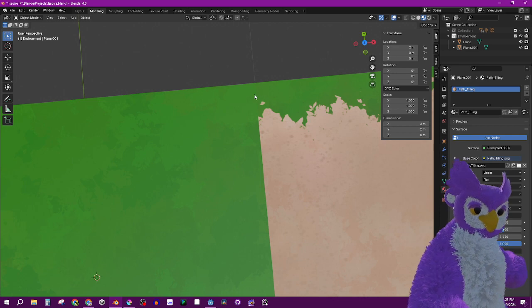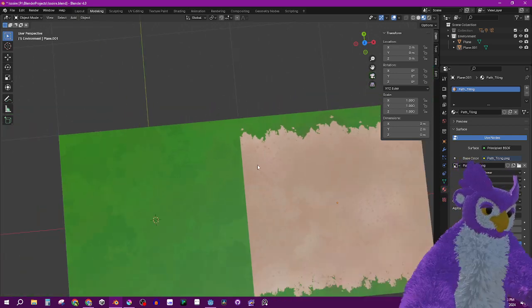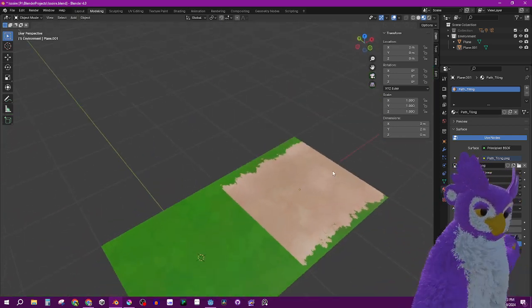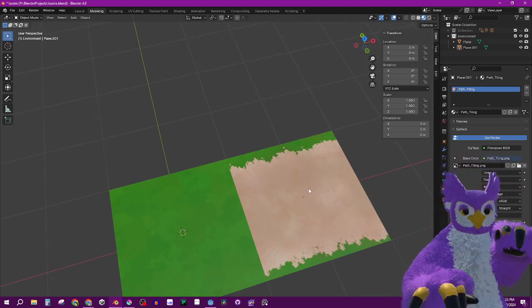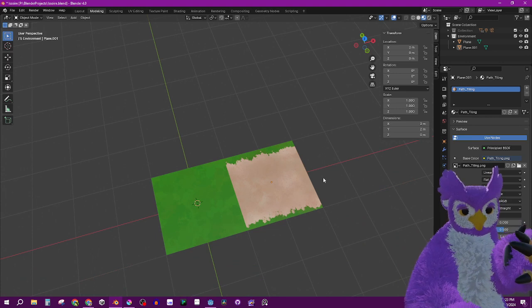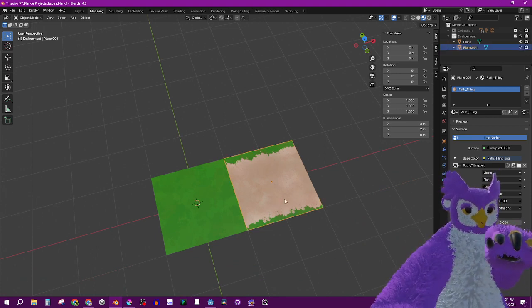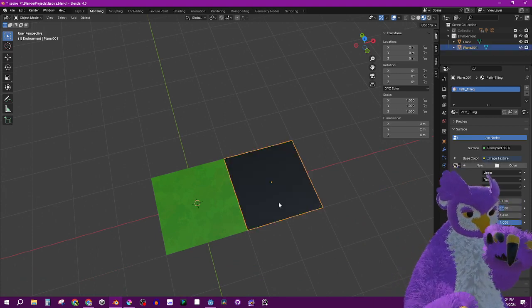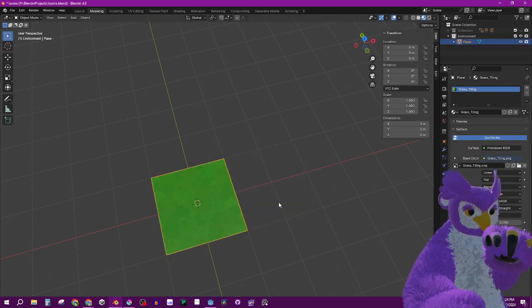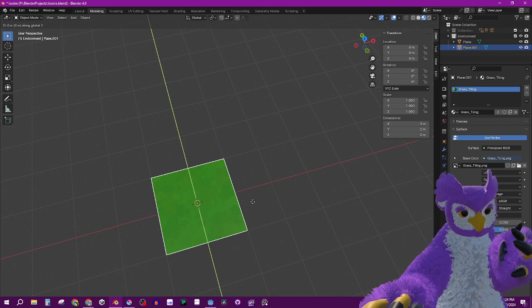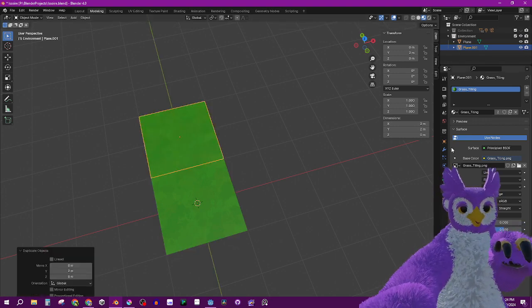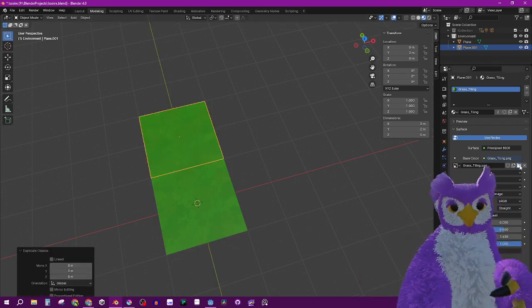You can kind of see a little bit of a seam there, but it lines up decently well. Oh, I'm freaking out a little bit. I mean, it should tile both ways, but